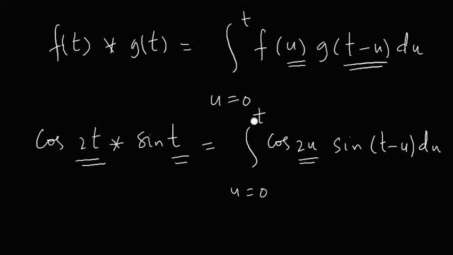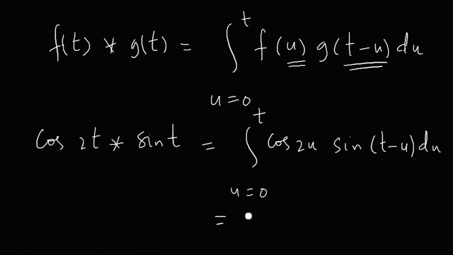Now to save time, I am not going into much detail of this integration. You can do this by taking 1 by 2 here and 2 here, and this product can be written in the form of a sum. First of all, you have to treat that u as the variable, so you better write it as sine of, just a hint, sine of minus u plus t. Then when you do the integration, the coefficient of u is minus 1, which has to be taken into consideration. If I deal with this problem fully, it takes a lot of time, so I'm not touching it. You can do this integration.